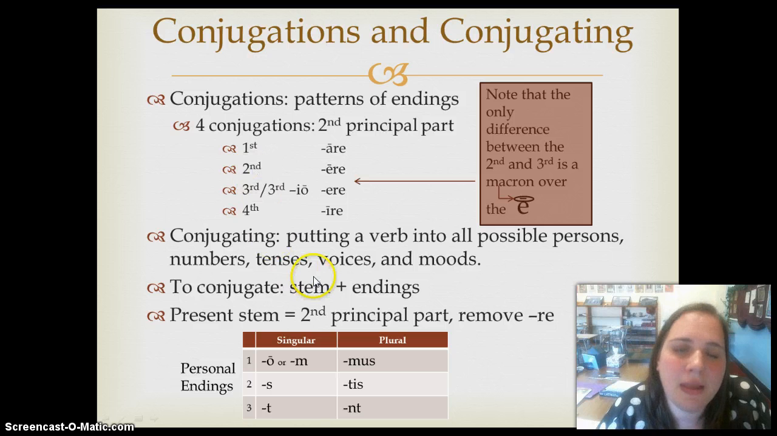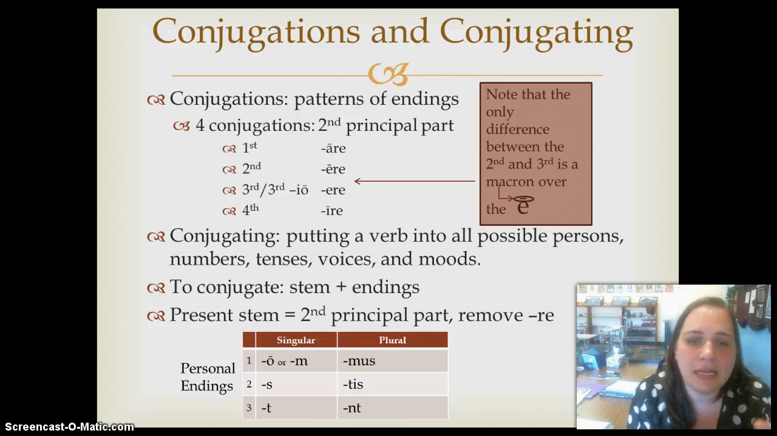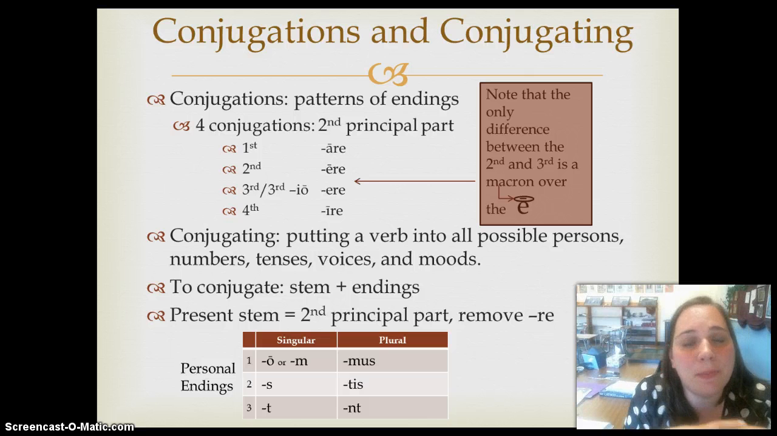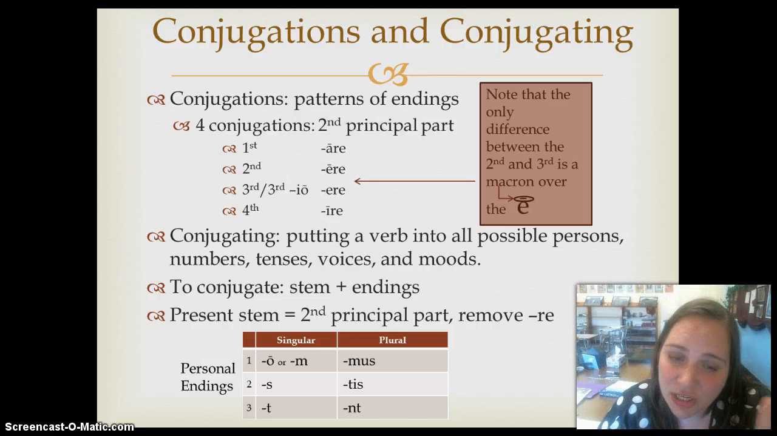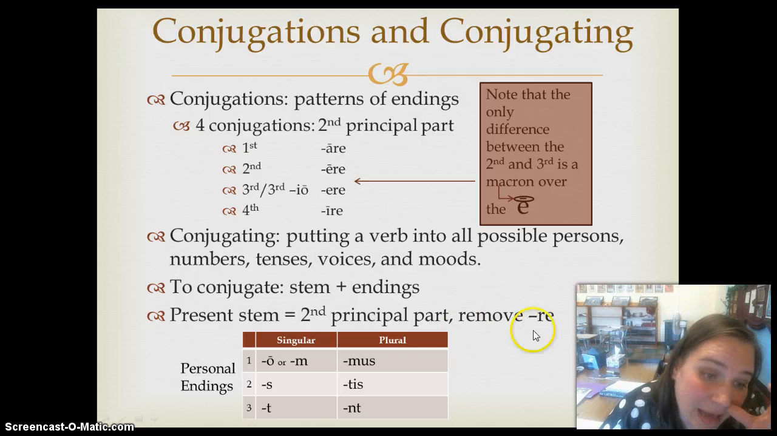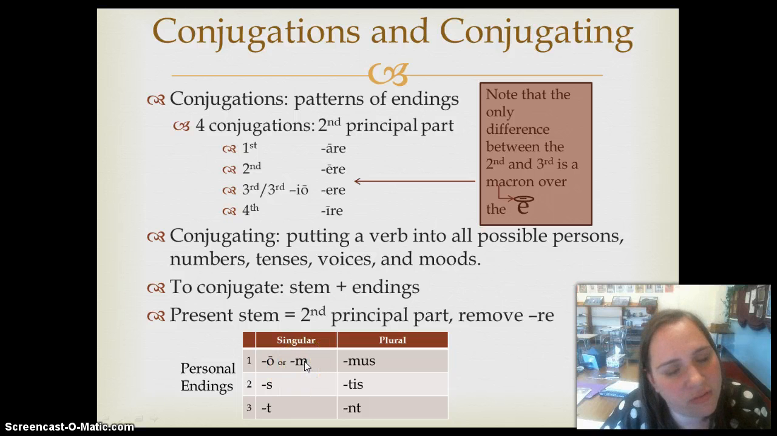verb, okay? So conjugating is putting a verb into all of its possible persons, numbers, tenses, voices, and moods. And to do this, to conjugate, you need to have, in the present system at least, a stem plus the endings, okay? Now, you get the present stem by removing, for first and second conjugation verbs only, the RE from the second principal part, and then adding the personal endings. And here are the personal endings. They are O or M for first person singular,